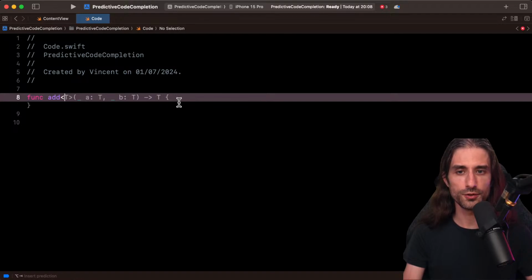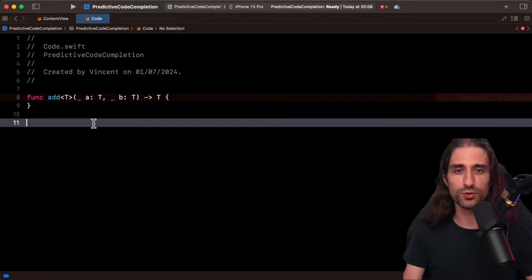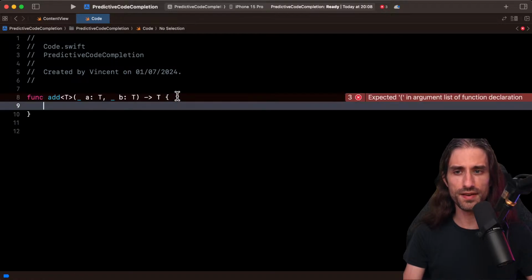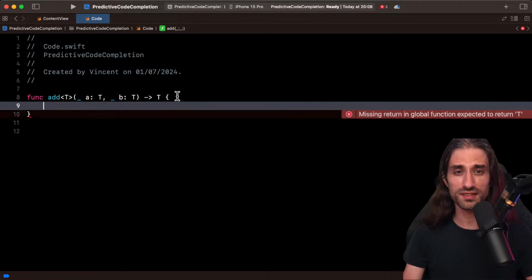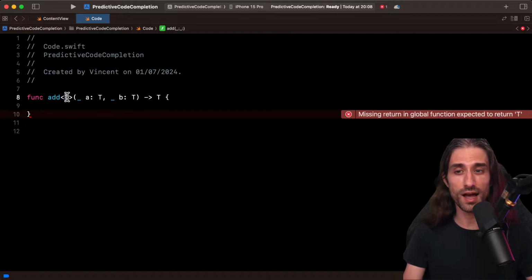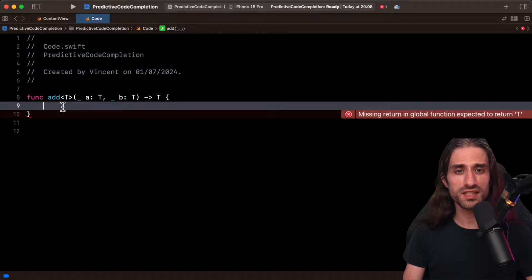So basically the ... gets expanded. Here is just an empty line. So it gets expanded to almost nothing, but you can see it. And then it doesn't know what to do else. And if I go in here, what is going to suggest? It can't do anything because there is no plus since it's an arbitrary generic type. So you can see that it's a bit hit and miss.